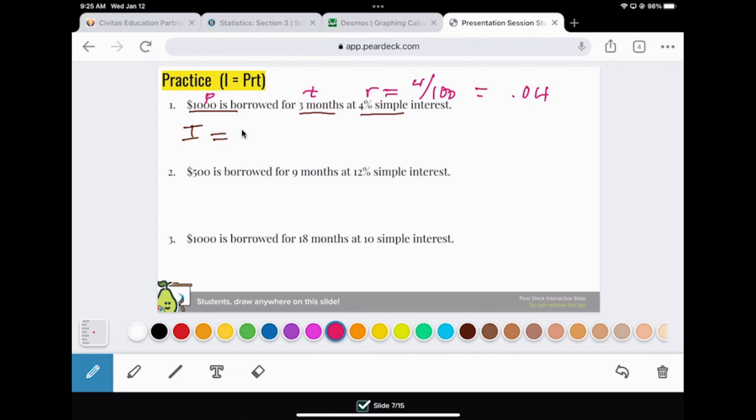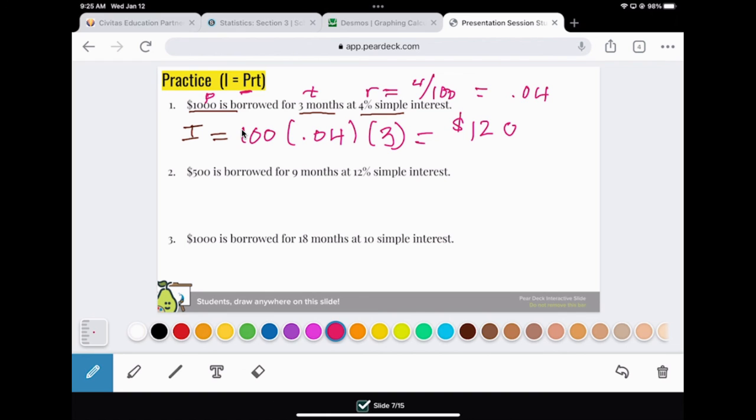So let's plug it in. The equation is P times R times T, right? I know P is 1,000. R is 0.04. T is 3 months. So I can just multiply them. When I put in my calculator, that would give me